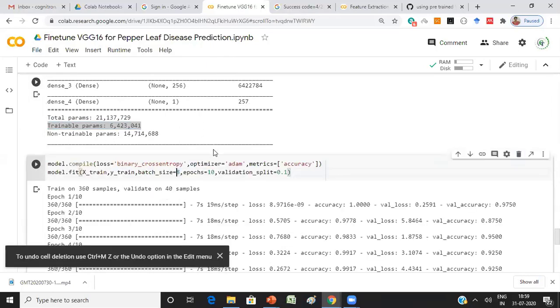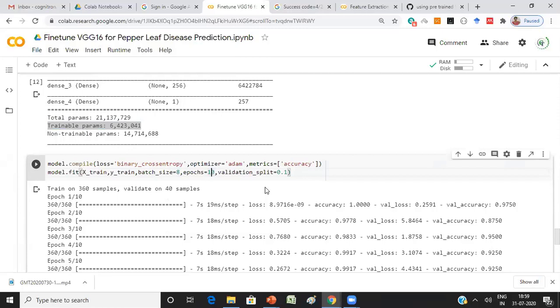So now the model is ready. Call the compile method by passing your loss function, the optimizer, and of course the metrics. Once the model is compiled, you call the fit method, so the model is fitted on the train data.